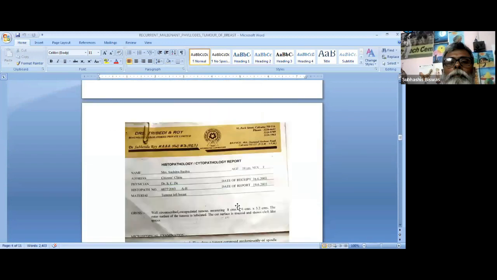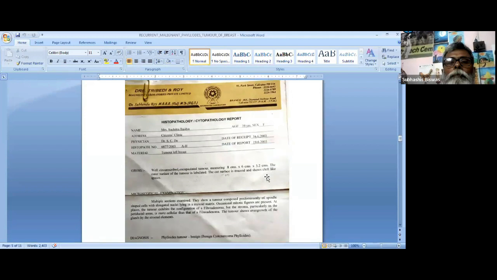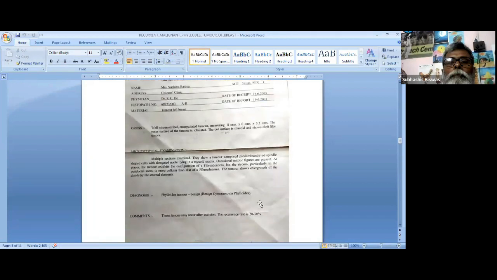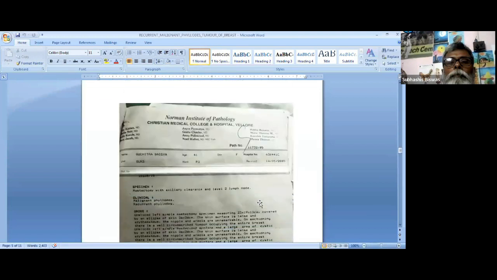So this is the histopathological report, 16 June 2003. See, there was a Phyllodes tumor and it was benign at first. It was a benign tumor, the biopsy was carried out and it revealed benign, and it was operated in 2003 in Kolkata. Thereafter, in 2005, it again